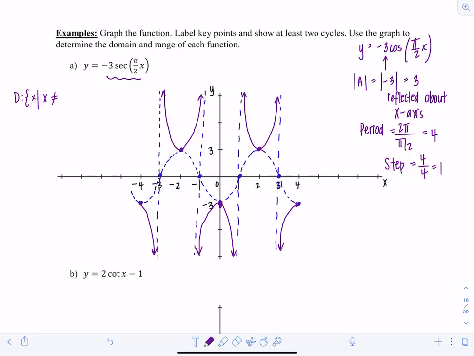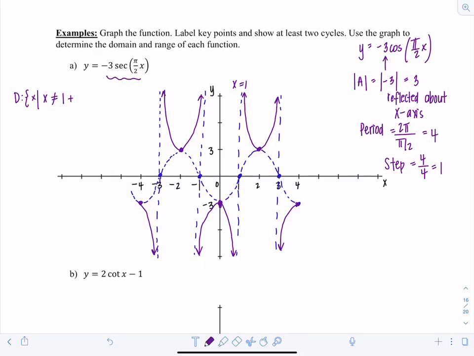the restrictions. Can I list every possible restriction for secant here? Well, no, because there's infinitely many, right? What are the restrictions in the domain? They're everywhere we have a vertical asymptote. So the cleanest way to write it out is as follows. Identify where the first positive vertical asymptote is. In this case, it's at x equals 1, right? So that's a restriction. So my domain is all x's such that x doesn't equal 1 plus